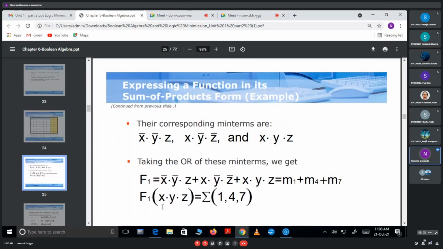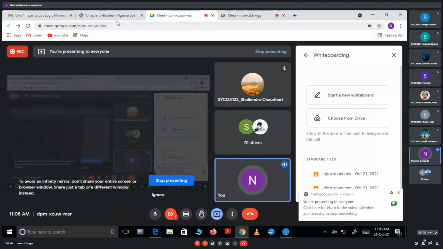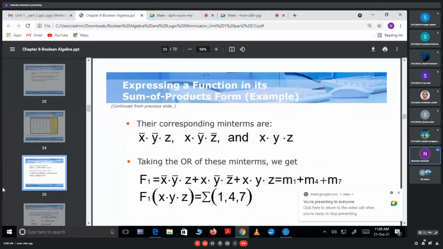Students, have you understood this particular example of SOP? If you are having any doubt, just tell me, I will explain on the whiteboard. Have you understood why we have taken min term? Just now, be specific to min term. SOP always uses the min term. Sum of product: min terms are always used in the sum of product form. Is there any doubt? If you are having any doubt, I will take one more example. Feel free to ask.